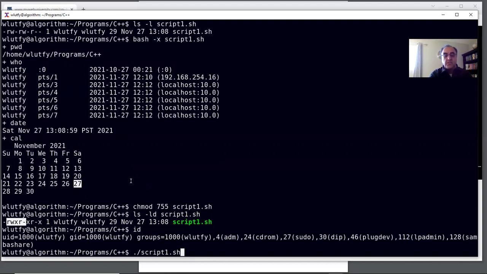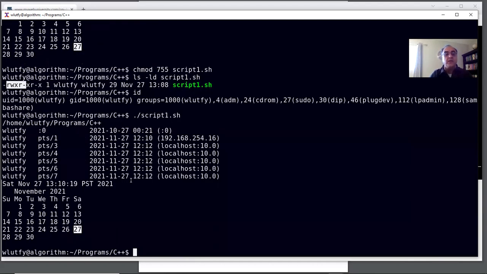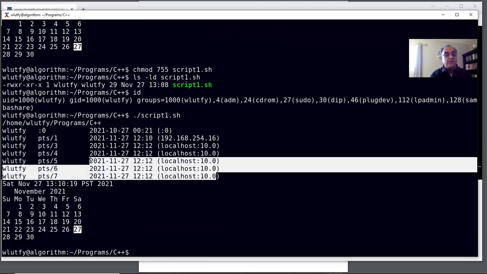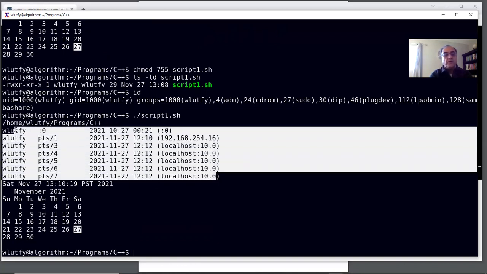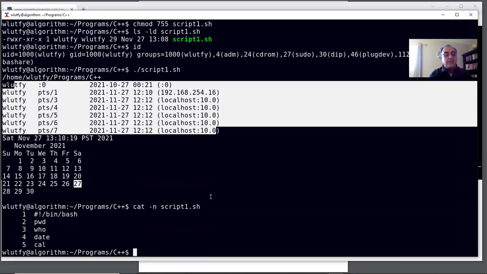So you run it, and this time you don't see the command, you just see the output. This is the output of pwd. This is the output of whatever command was there. In order to look at it again, you can say cat -n script1.sh, and you can see